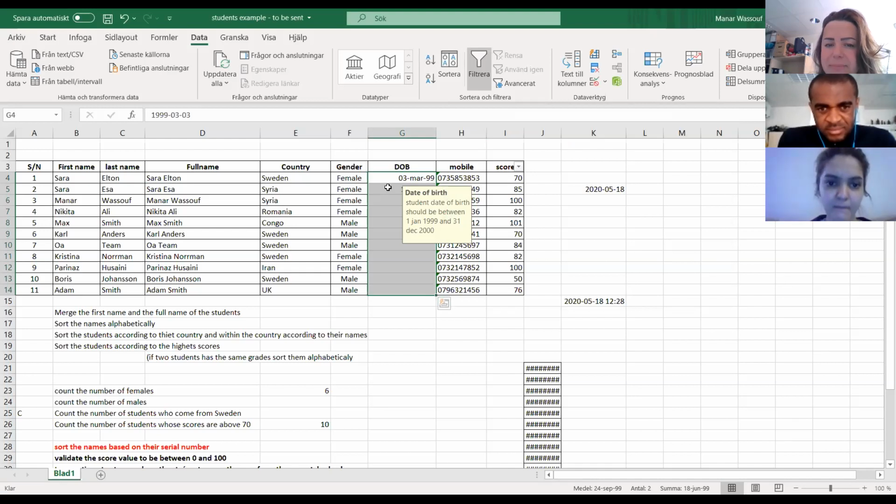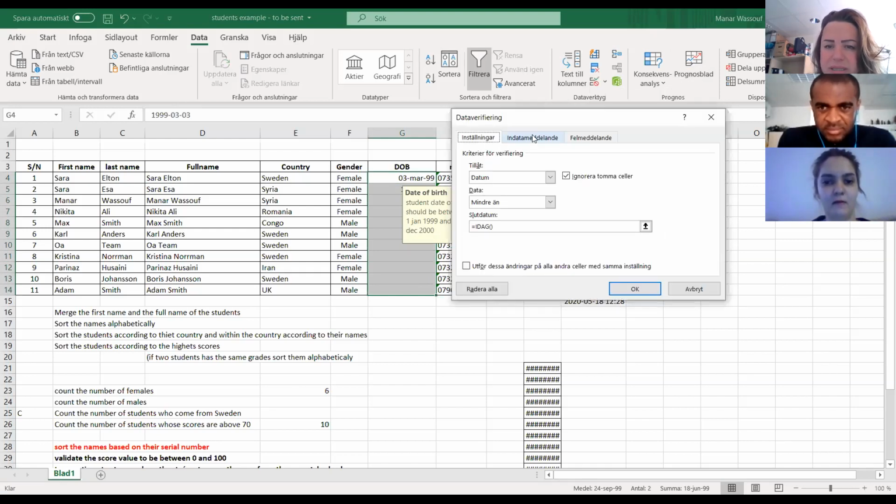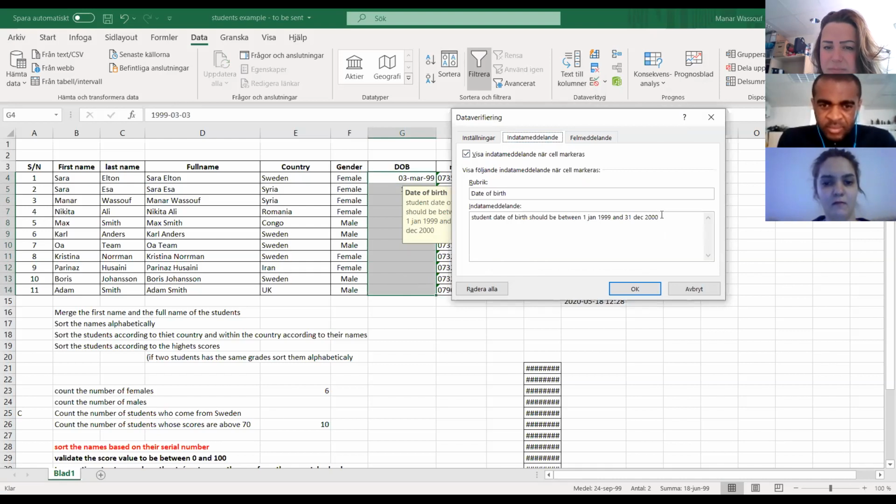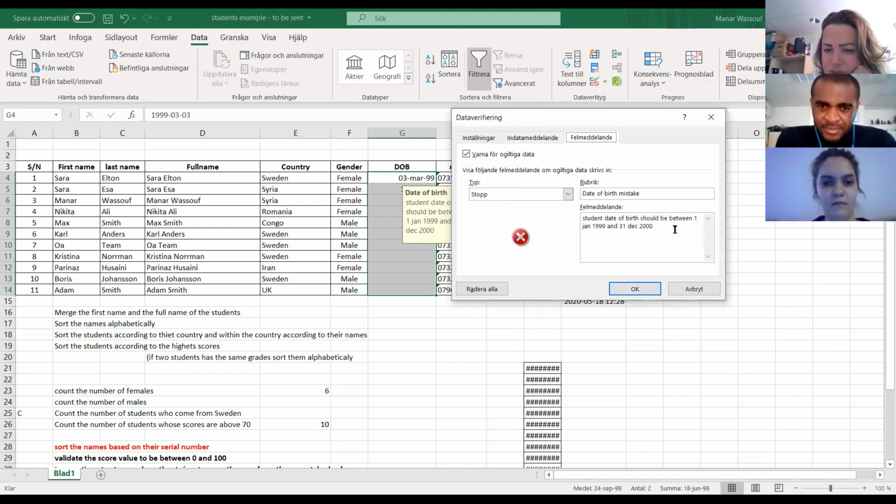So let's see what happened here. We should change the message again. This message is not right. Maybe we can delete it. We don't need this message because we don't need to write anything. But the fail message, we want to change it. We should write the student date of birth should be less than today.